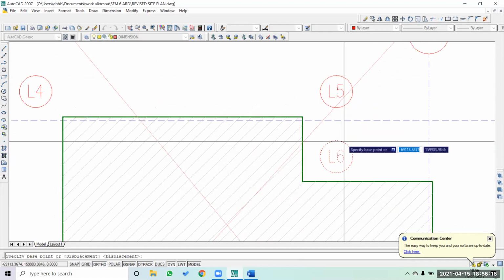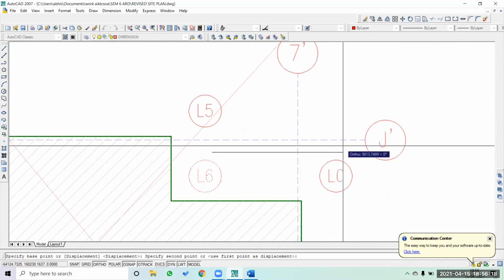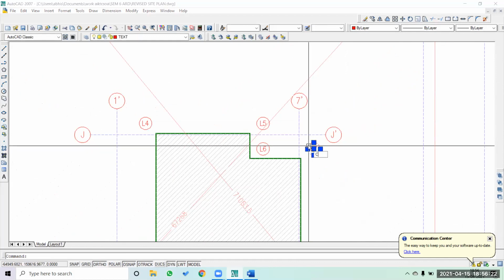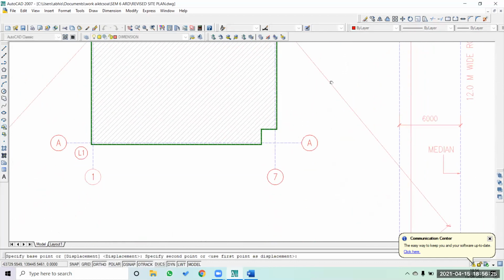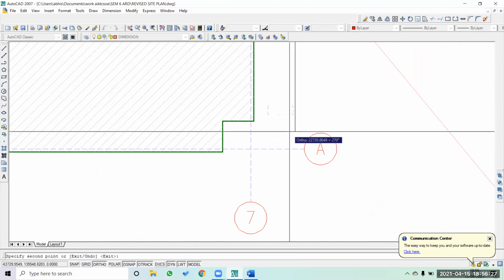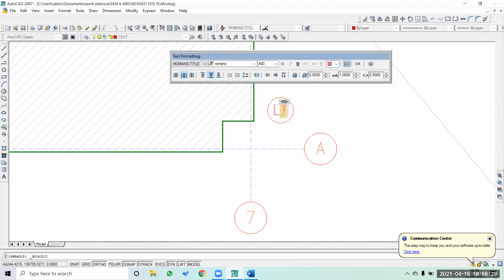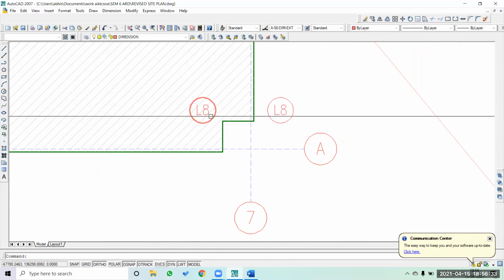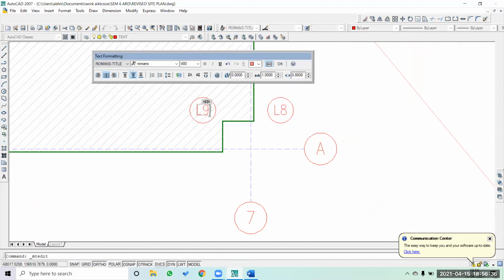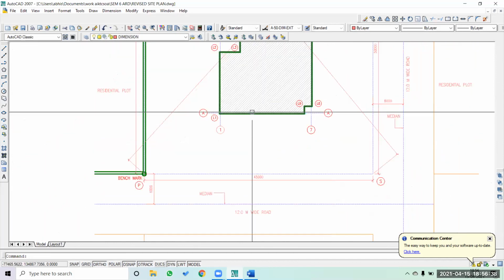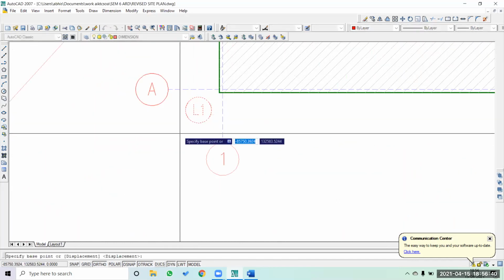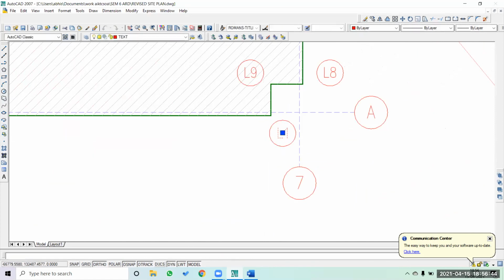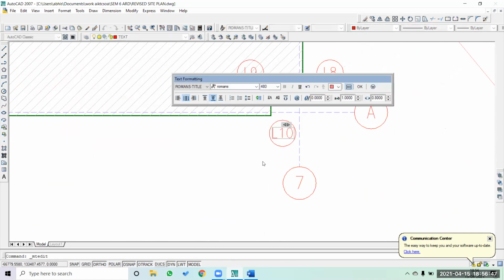L6, L7, L8, L9. Then we have to select this, bring it here, mark this as L10.